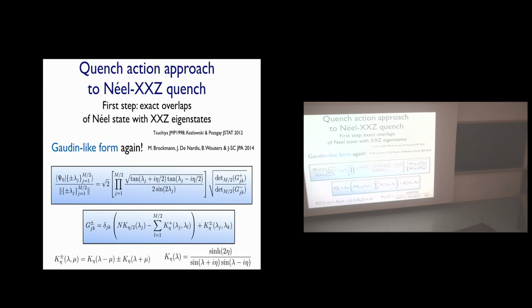So it's a result for the norm. It was proven by Vladimir Korepin in a 1981 Russian paper using the algebraic Bethe ansatz. Before that, it was conjectured by Gaudin. But Gaudin was very good with integrals and summations, so of course he got it right. I call this a double-dub Gaudin because it's just like the Gaudin matrix, except that the kernel is symmetrized in the two arguments. Somehow this is important for these overlaps.